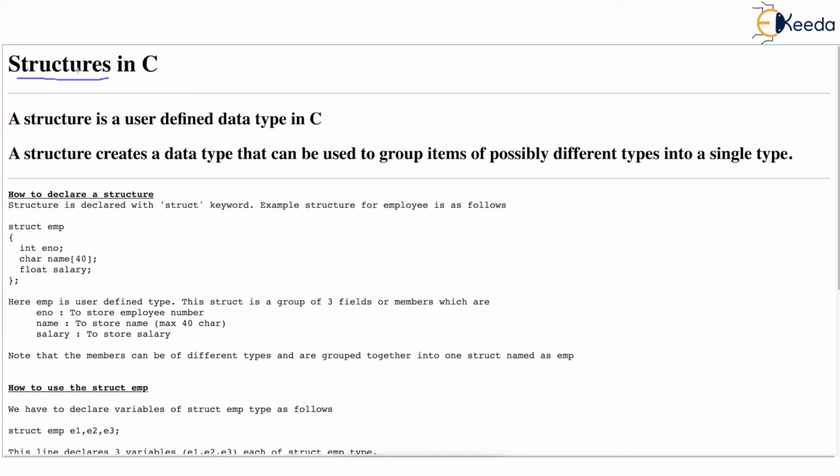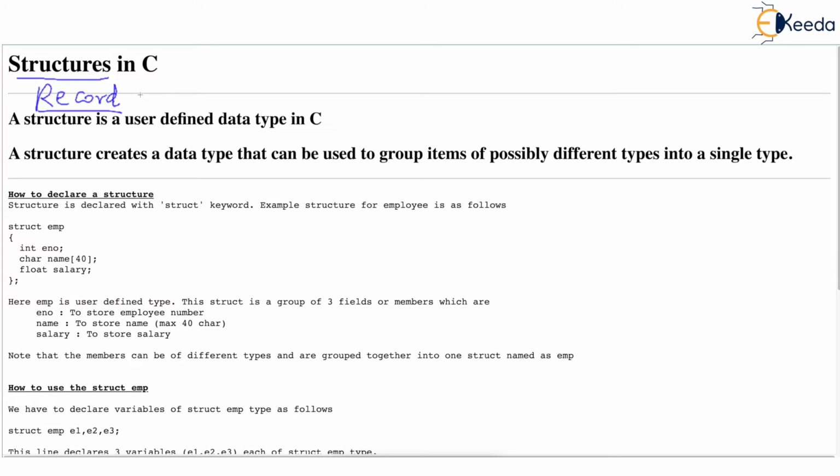Now, there is a word called record which everybody knows. This is a comfortable word for all of us. Record is something which everybody has. Every student has a record in the school, isn't it? Like the record of a student can be the roll number given to the student, name of the student, parents' name, address of the student, and so on. And the school maintains a record for all its students.